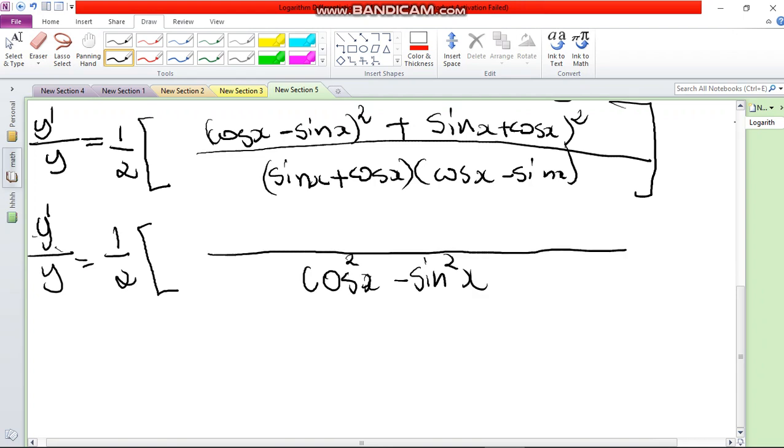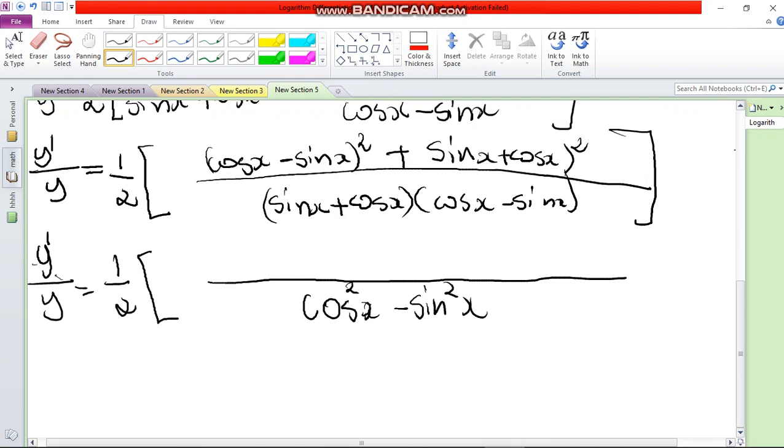Now let's come to the numerator. Okay, maybe we were supposed to expand it on this bracket, but anyway, if I expand this bracket, I will have